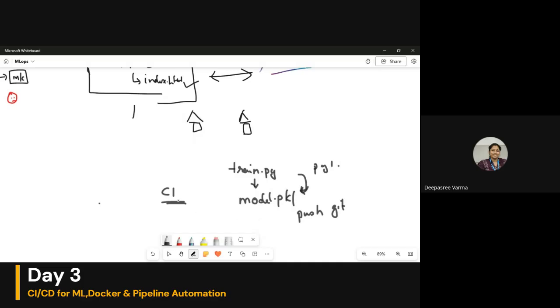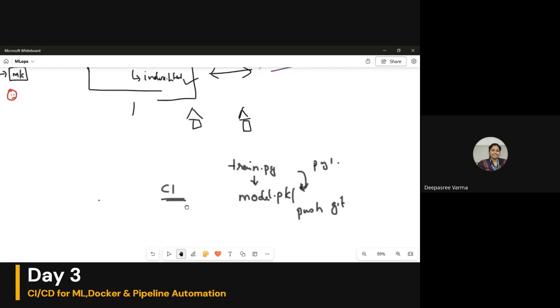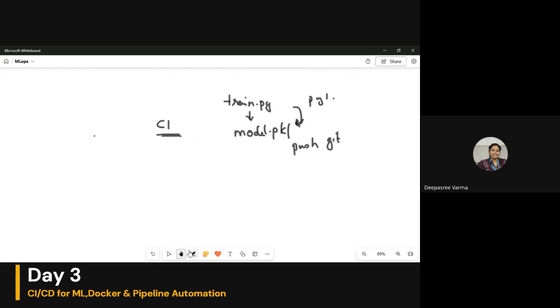So what we are trying to do in continuous integration is, whenever there is a change in train.py, we don't build, we don't run or anything. Whenever there is a change in any associated file, we will just push it to Git, and inside Git through Git Actions, automatically this will be trained.